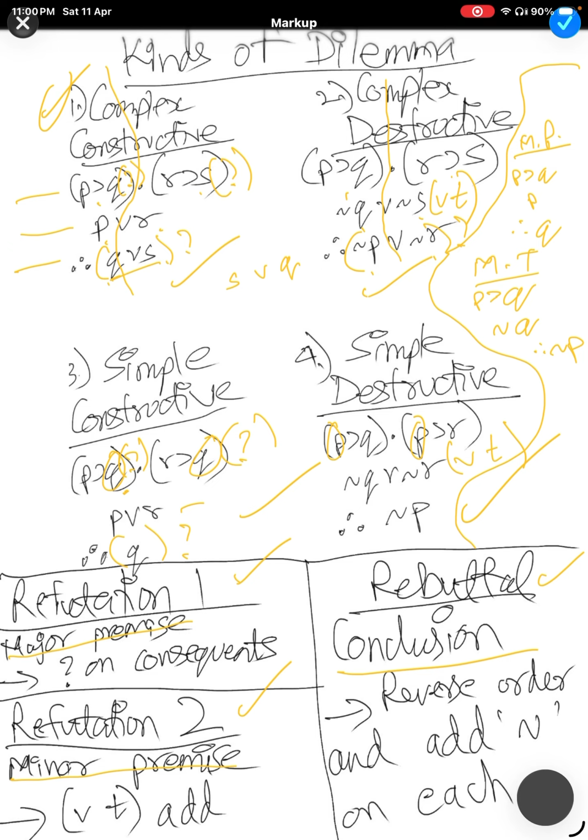Okay, so now I'm showing how to do the rebuttal. So if you have Q or S, then you'll change the order S or Q and दोनों पे negation. Minor premise will remain the same, P or R, और जो आपको मेजर प्रीमाइस है वो आपको या पहले तो P और R सेम रहेगा बिकॉज माइनर प्रीमाइस इज सेम, देन वी डूइंग कॉम्प्लेक्स कंस्ट्रक्ट, एंड जो एग्जैक्टली आपको कंक्लूजन में वो ऊपर आएगा, तो इट विल बी नॉट एस, P implies नॉट एस एंड R implies नॉट Q,